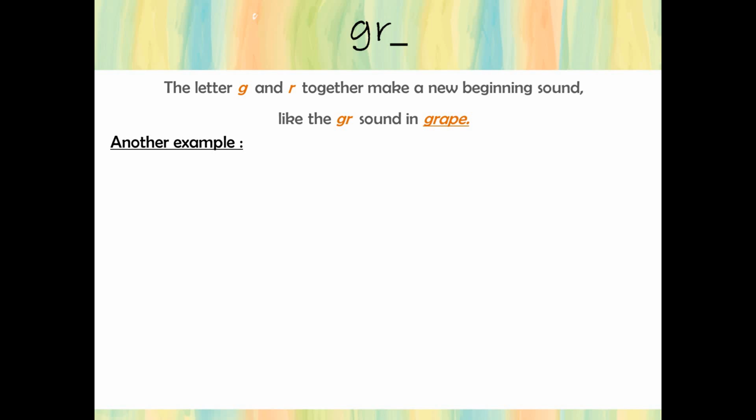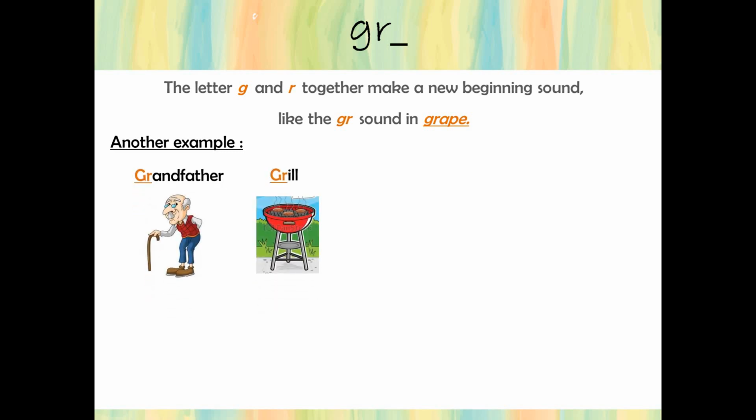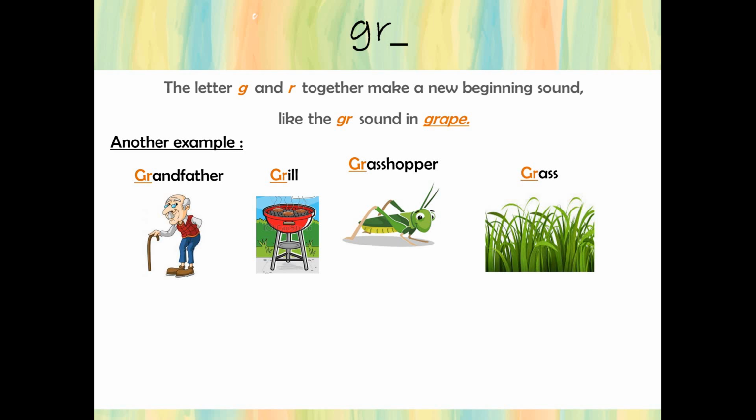Let's take a look at other examples of words that start with the sound gr, like grandfather, grill, grasshopper, and grass. We also have green,